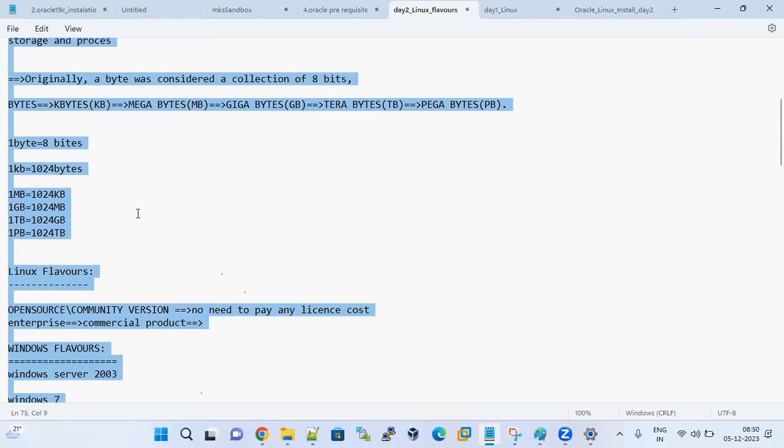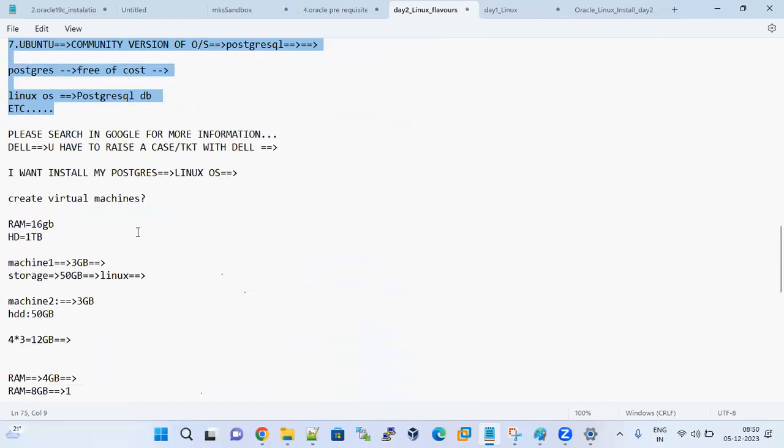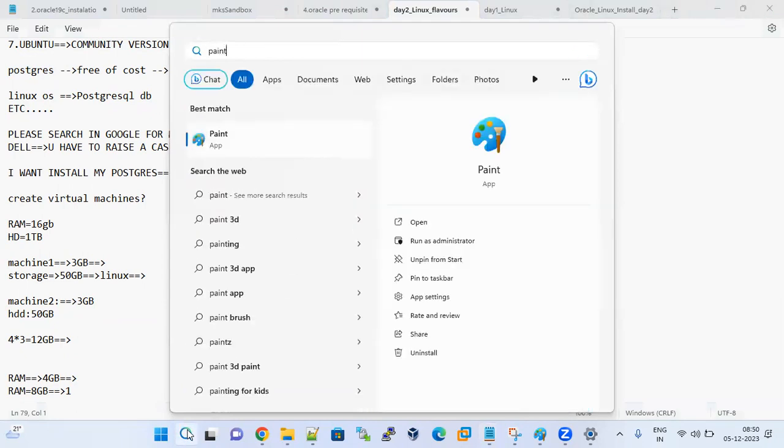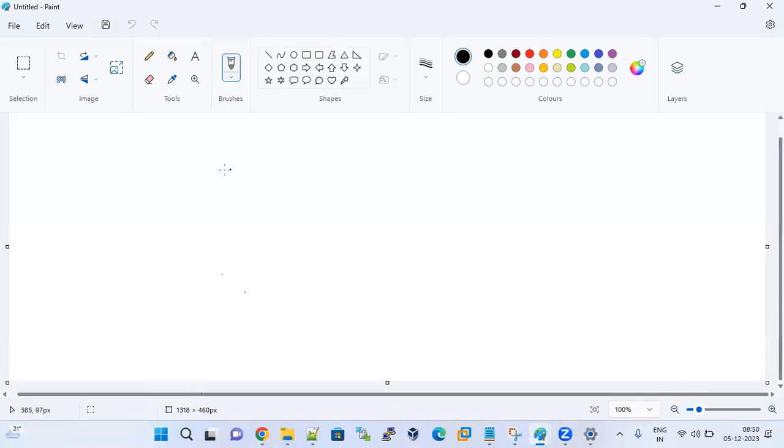Where can you install this Linux operating system? In Windows, my Windows 11 is already there. Without disturbing this Windows operating system, I want to install Linux to practice Linux commands. Let me give an introduction. This is my computer.